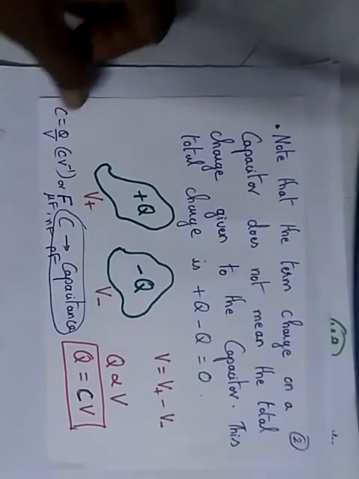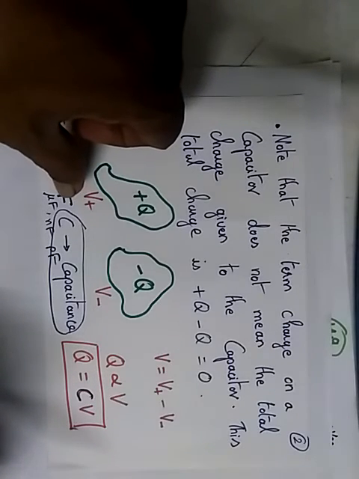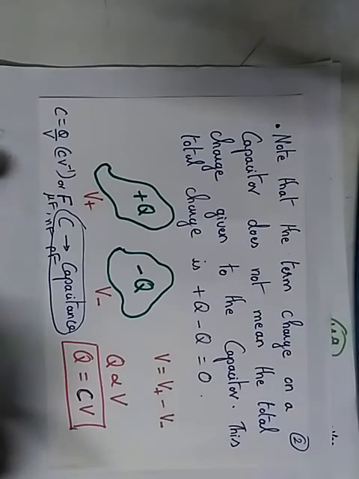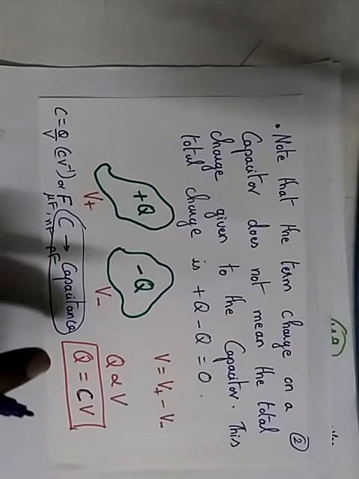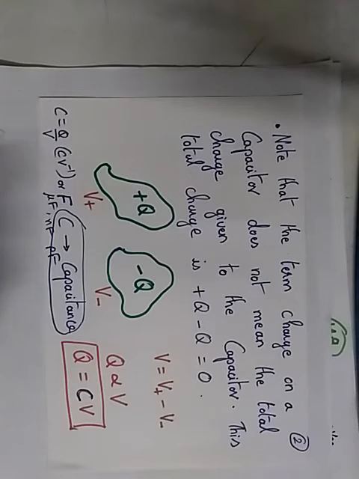And I already told you charge is directly proportional to the applied voltage. To remove the proportionality, we introduce a constant, which gives Q equals CV. Now this C is called the capacitance of the capacitor, and the unit we have already seen. C is equal to Q by V, which is coulomb per volt, or we can say farad. Farad is a big value, therefore we say it in microfarad, nanofarad, or picofarad. So capacitance is the property of the capacitor. Okay, that's all about capacitor and capacitance.